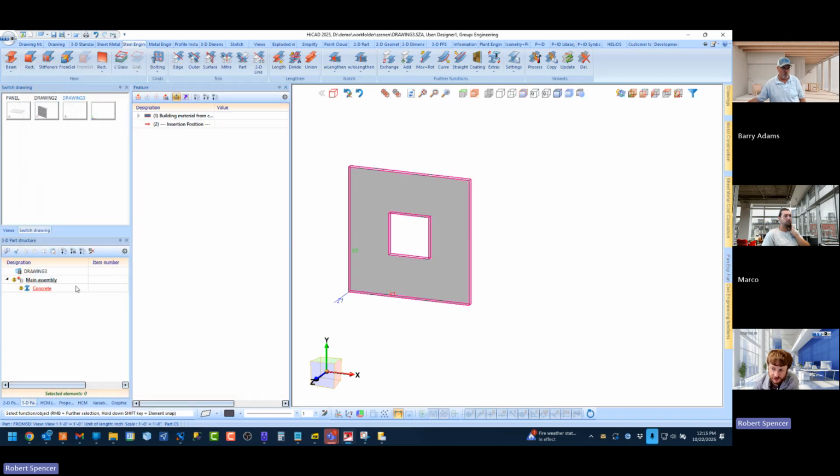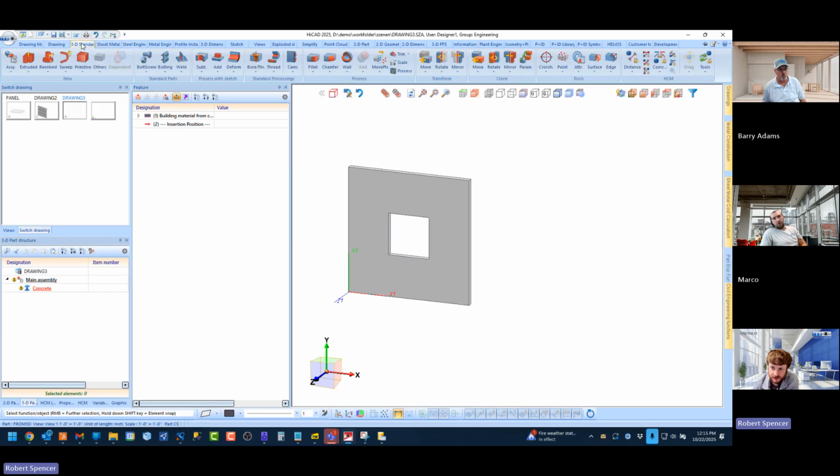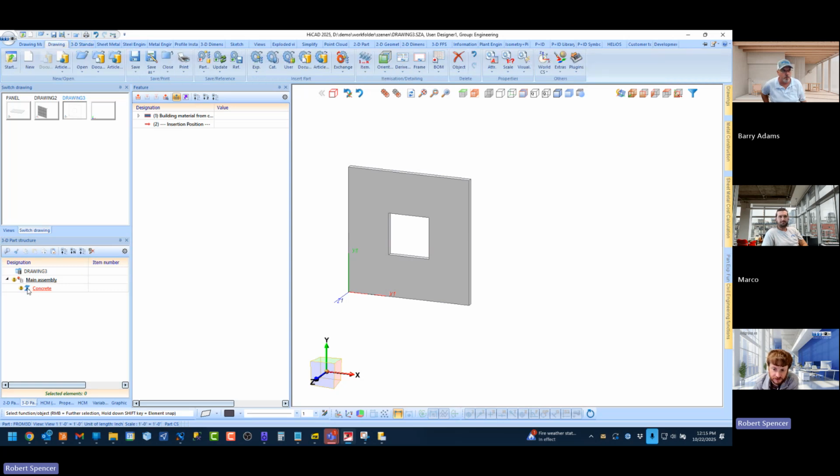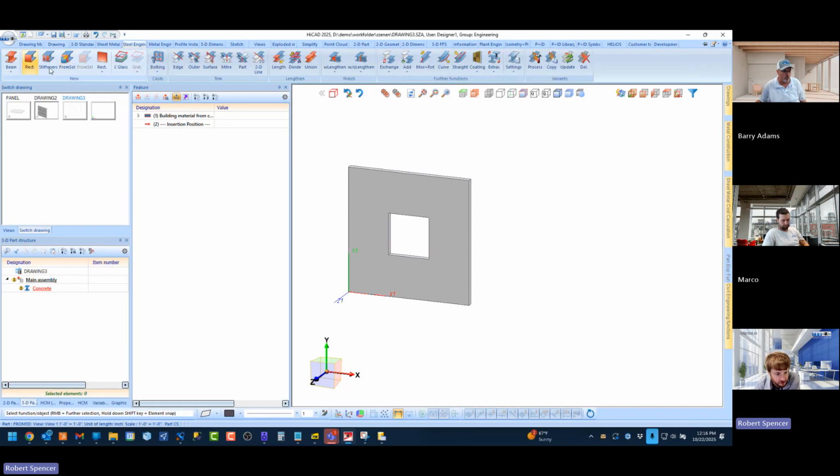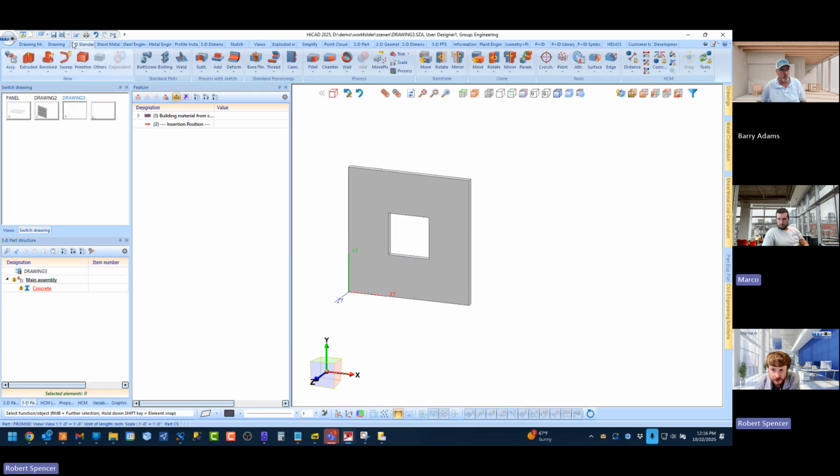It used to be this part would create hatching and the extrude would not, but now they both create hatching if you were to do a sectional or a cut view. However, this just means it's created as a steel, quote unquote, steel part. That doesn't mean it's an I-beam. It just means it's a steel type part where extrude would just create a,